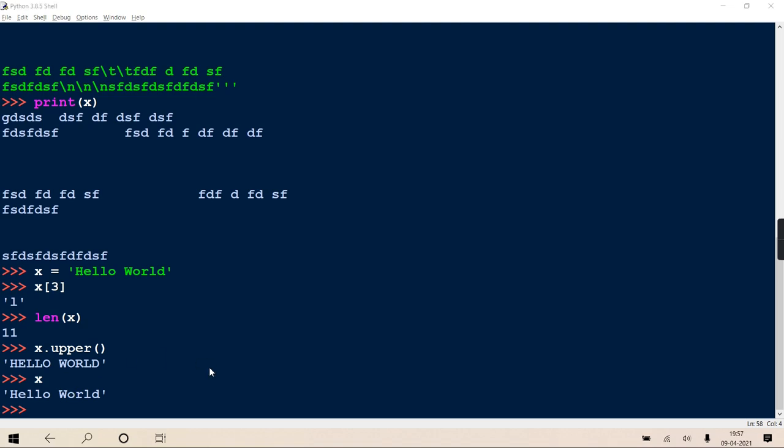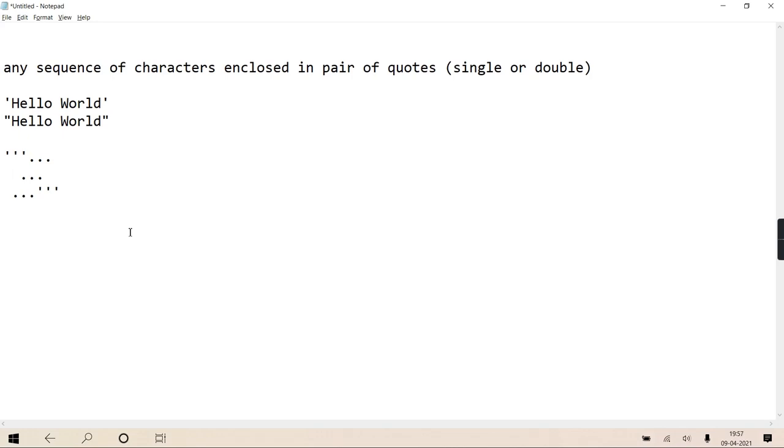With this, one more point you should remember: string is always an immutable class. This terminology, those who are already working in OOP, either in C# or Java, they should know. Immutable, mutable.